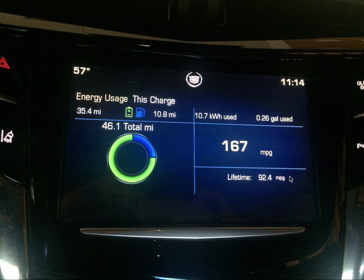That car and the ELR, there are common things that should be looked at, like the condition of the paint, the interior, the exterior, the leather, all those things. All those things are common between the two cars. Now, as far as the MPG goes on the ELR, the lifetime MPG, if it's below 60, I think that specific ELR should take a ding on its value. If somebody's looking at trading in an ELR or selling an ELR, if the lifetime, the key word is lifetime, if the lifetime MPG is 60 or below, then